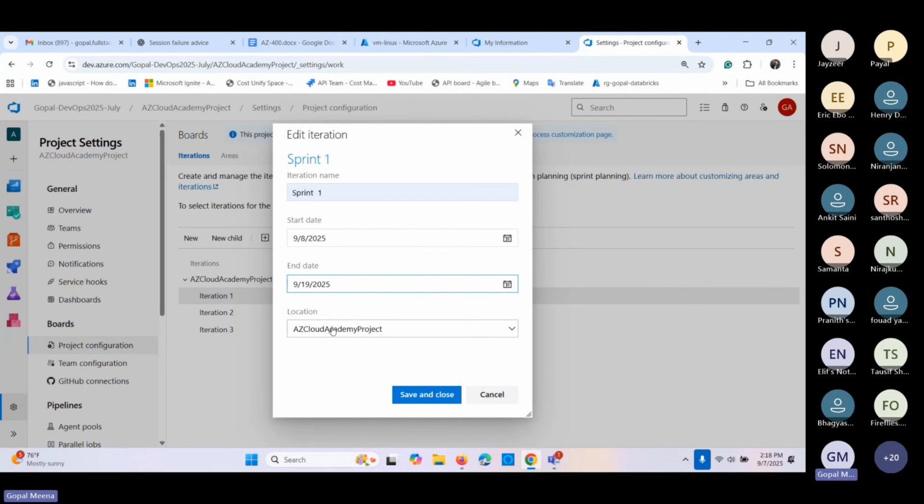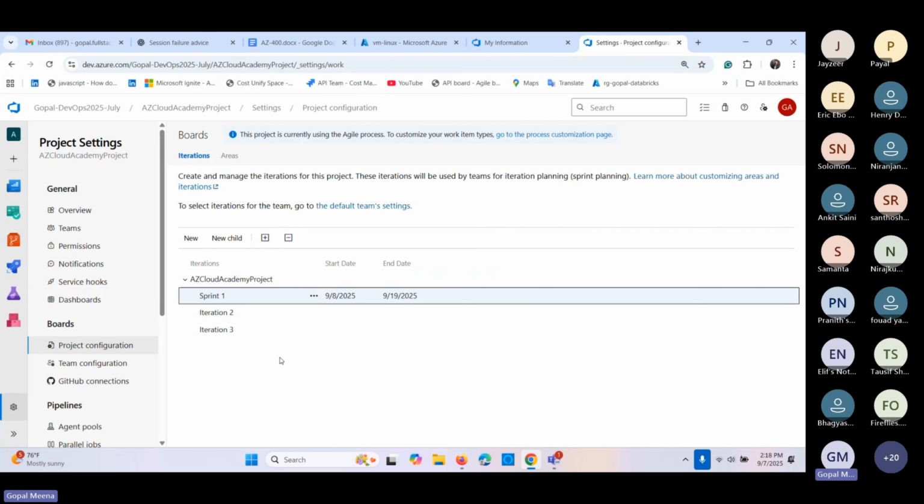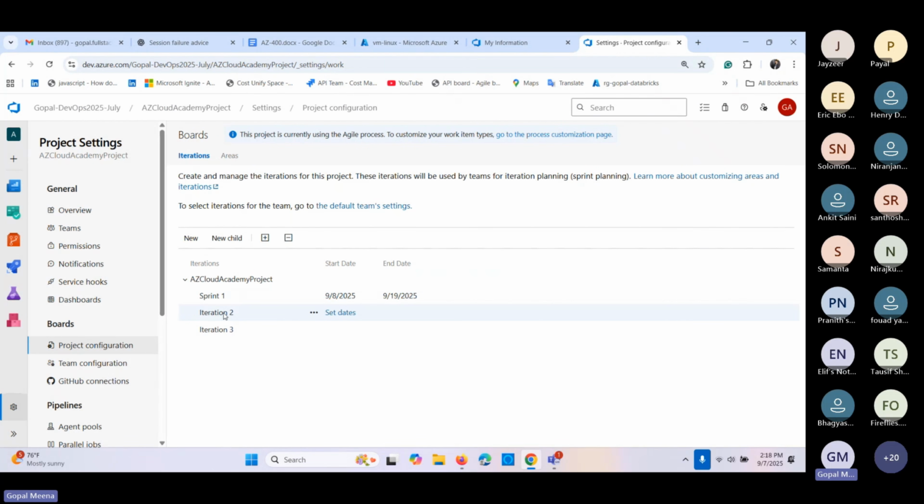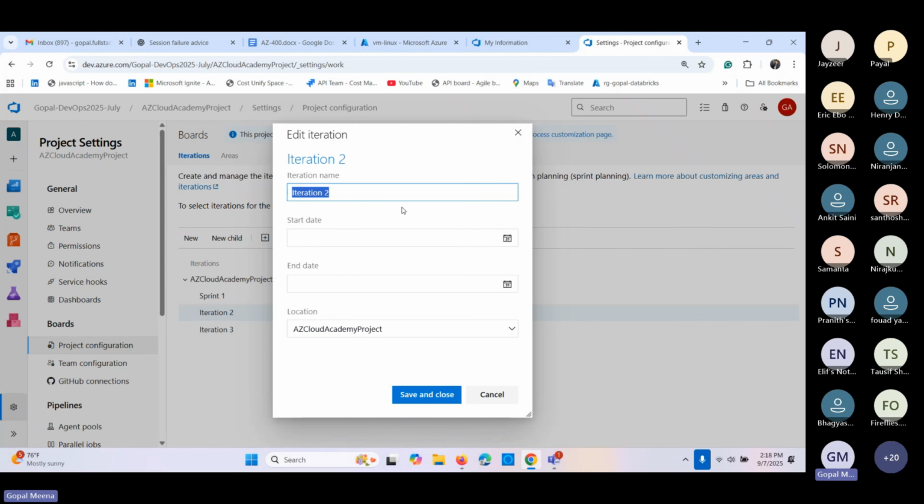Then this is the location I'm selecting: Azure Cloud Academy project. Then save and close. Likewise, we have selected for this one. So I'm just adding this one again. So iteration 2, sprint 2. Then I have to default to that it will take